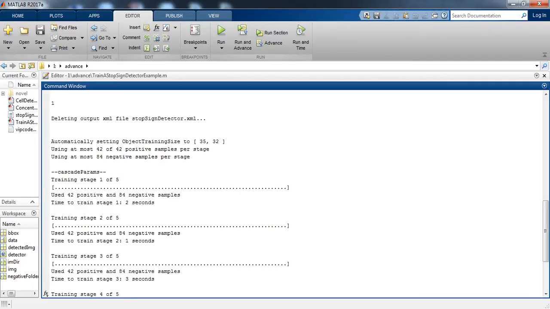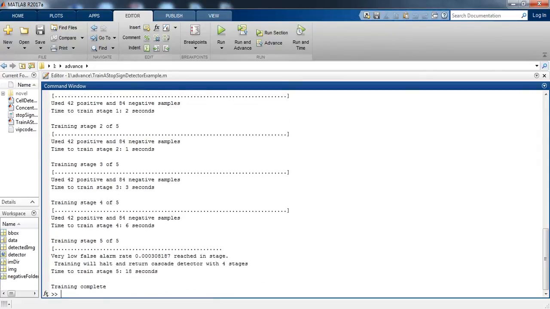and the time taken in training stage 1 is 1 to 2 seconds, in training stage 2 the time taken is 2:1 seconds, in training stage 3 it is 3:3 seconds, stage 4 takes 4:6 seconds, and the last, training stage 5, took 5:18 seconds.